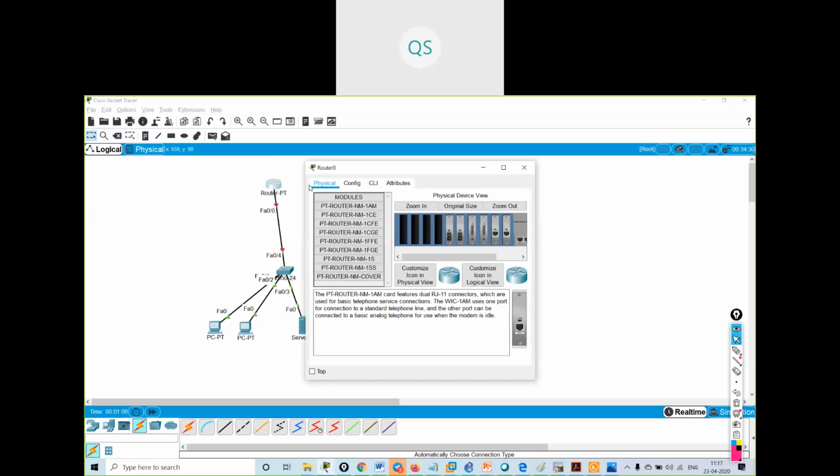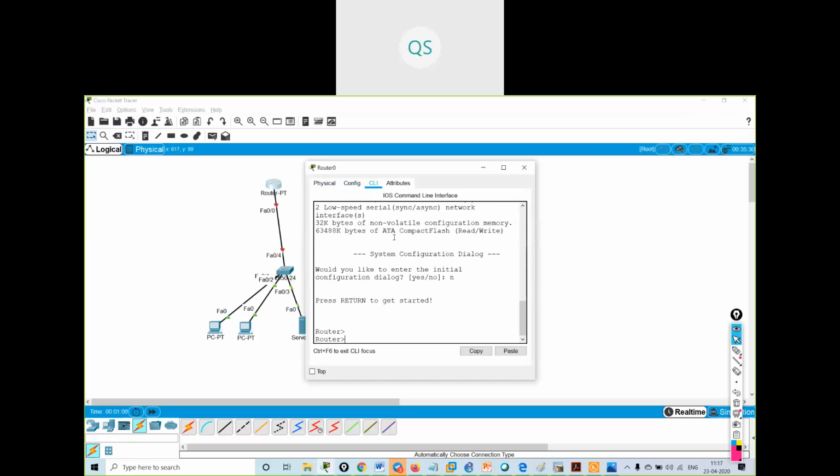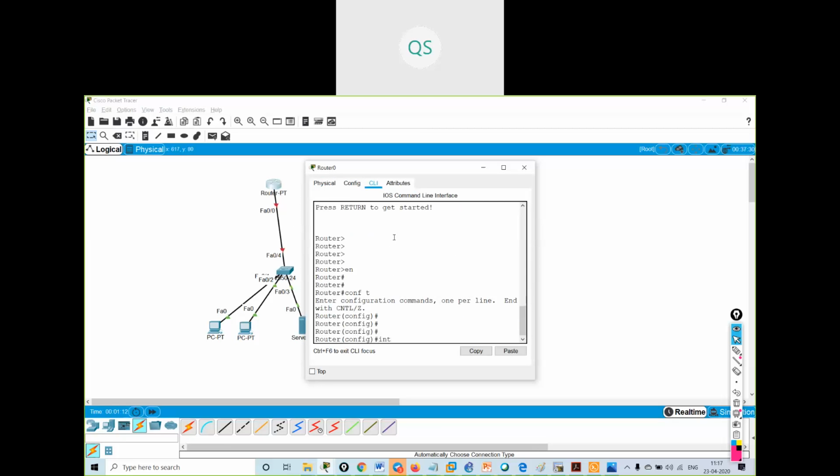So what I will do, I will go on the router and I will give the commands: config terminal, interface FastEthernet 0/0, IP address 192.168.1.1 255.255.255.0.